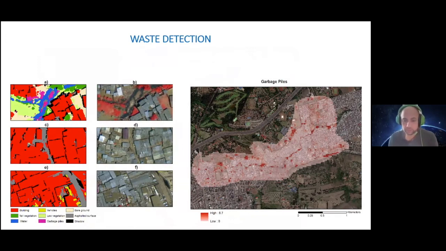And then we can extract gridded indicators of the density of waste piles, which can be used by stakeholders or by government authorities, as we are in collaboration with them to quickly identify the hotspots of waste disposal and help them build a better plan of accumulating and distributing waste across the slums of Nairobi, or in general the city of Nairobi. And this is Mathare, one of the slums of the city.